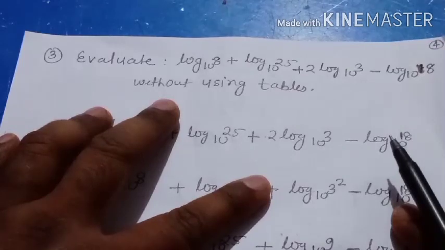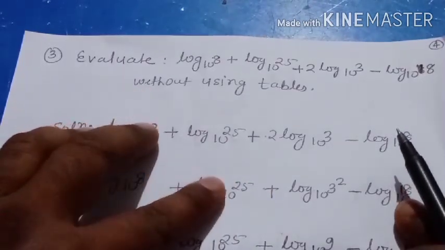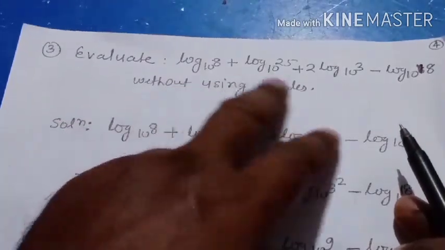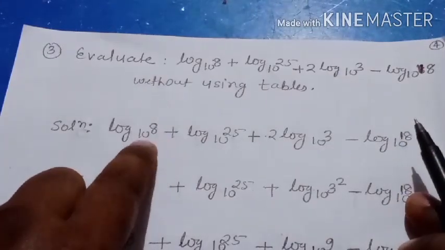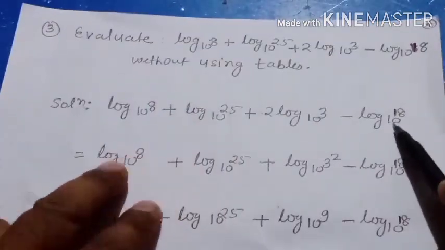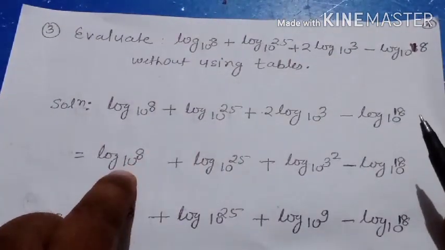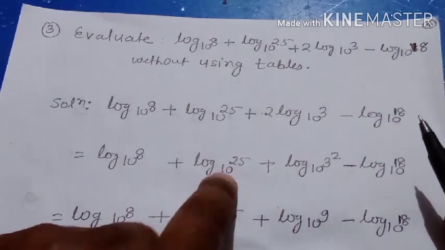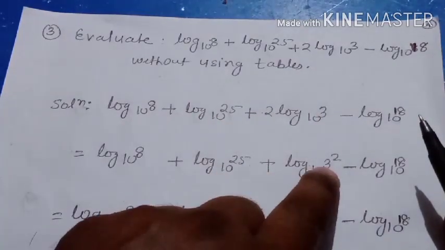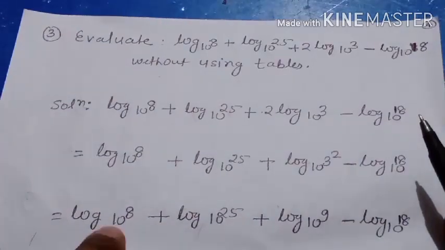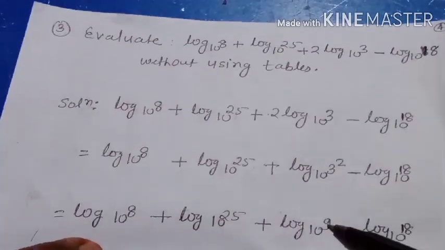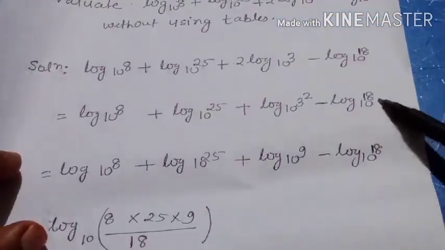The third type of sum is where we evaluate without using the logarithmic table. You don't have any idea about the logarithmic table. The logarithmic table is like the sine, cos, tan theta table. So we are not going to take help of the logarithmic table, and anyhow we have to evaluate this value. So the expression is log 8 to the base 10, plus log 25 to the base 10, plus 2 log 3 to the base 10, minus log 18 to the base 10. So log 8 to the base 10 is written as usual. Log 25 to the base 10 is written as usual, but this 2 is shifting. This 2 will go over the 3 as a power, so it will become log 3 to the power 2 to the base 10, and log 18 to the base 10. So log 8 to the base 10 is copied, log 25 to the base 10 is copied, and 3 square is how much? 9. So log 9 to the base 10, and this will be log 18 to the base 10.